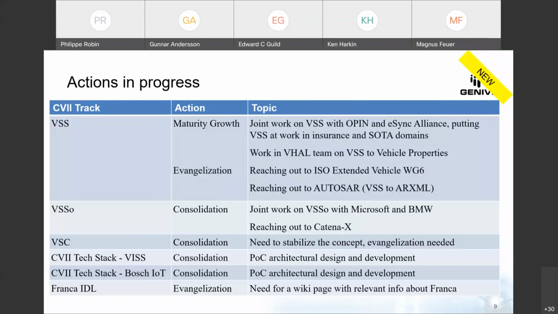We have the work in the VL team on the VSS to vehicle property transformation. So it was a very interesting work that happened during the first, maybe second, quarter of this year. Okay, and it also helped bring more maturity. And we are evangelizing VSS. I would say that there are two